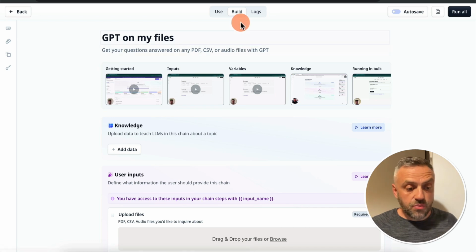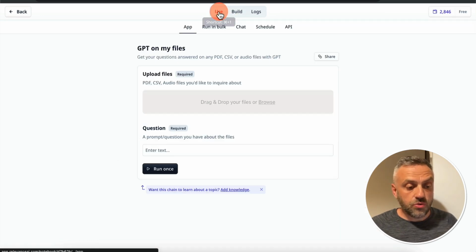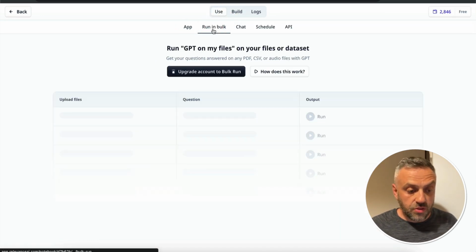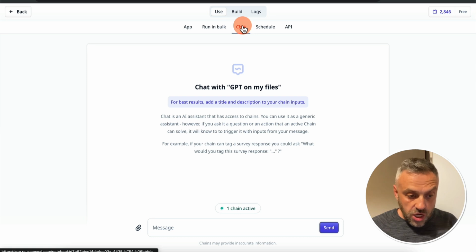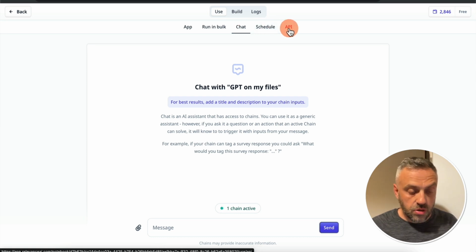Now, if we're happy with the way that we built this flow, we can go into use, and we can run this in bulk, okay? So we can upload multiple files and ask different questions. We can also create a chatbot. We also have a schedule, and then we also have